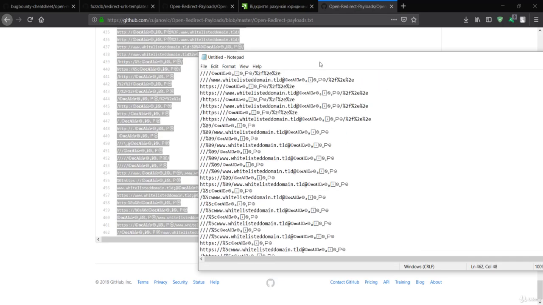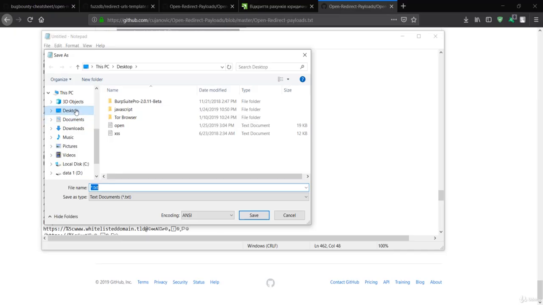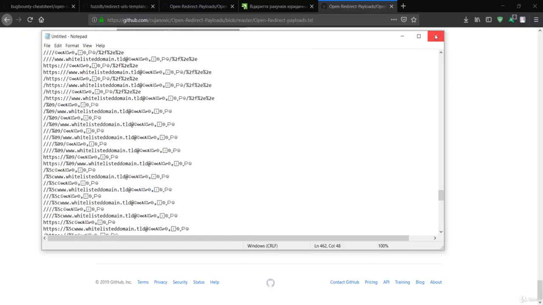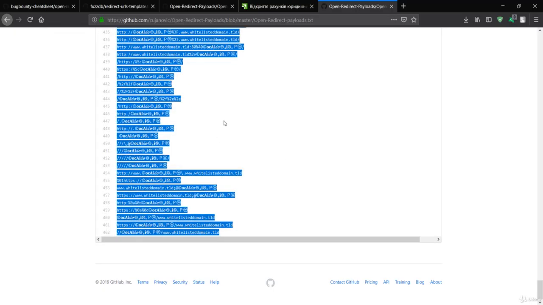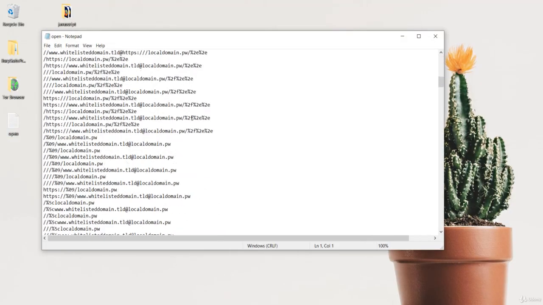So this is your whole payload list, and you simply save it to a folder you can access in Burp Suite. I have already stored it as open.txt. You can give it any name and simply save. I'm not going to do that because I have already saved this same file, and you can see it is on my desktop with the name open.